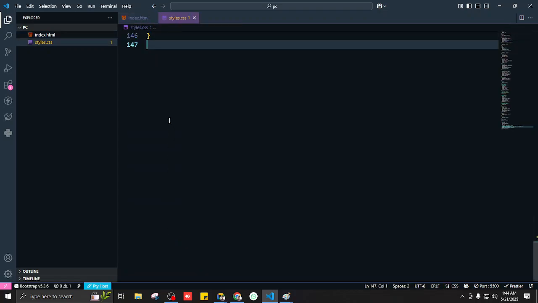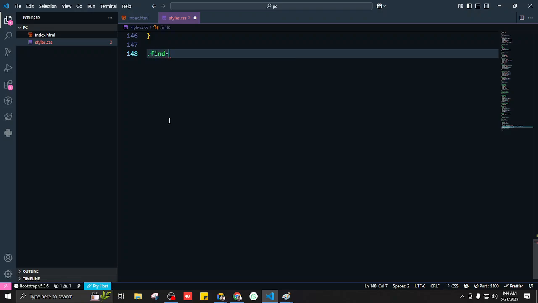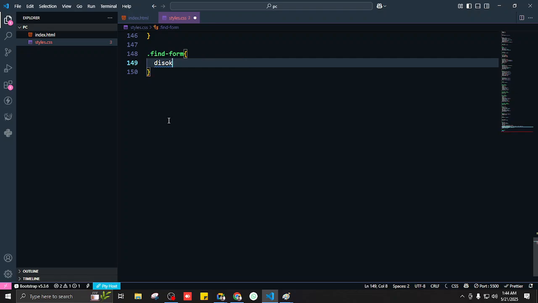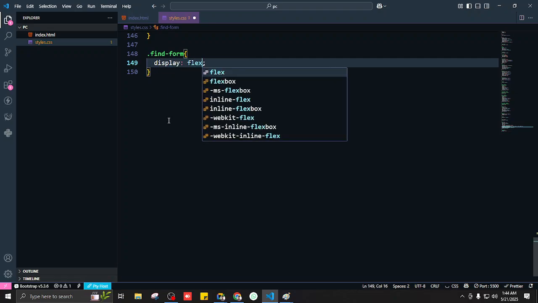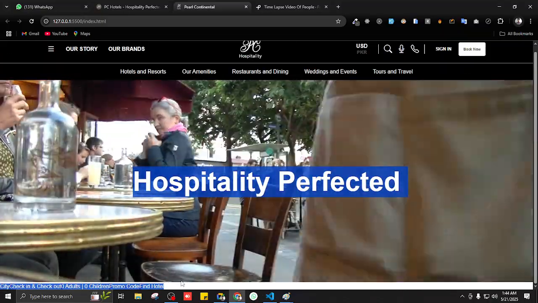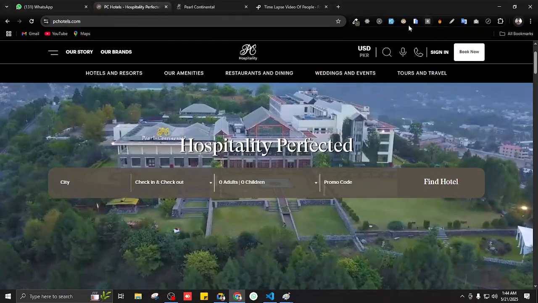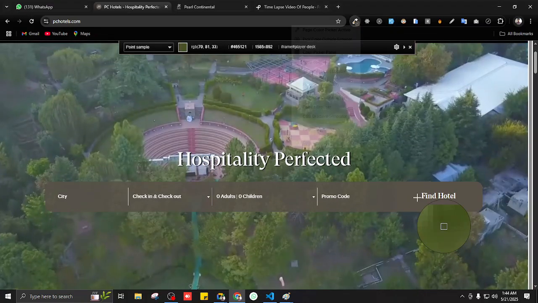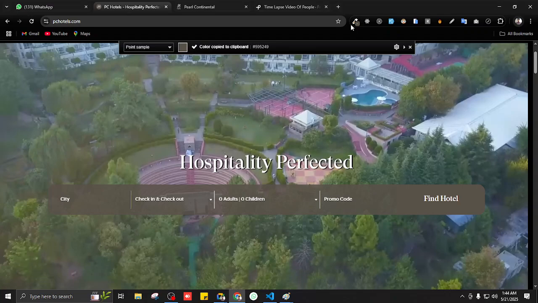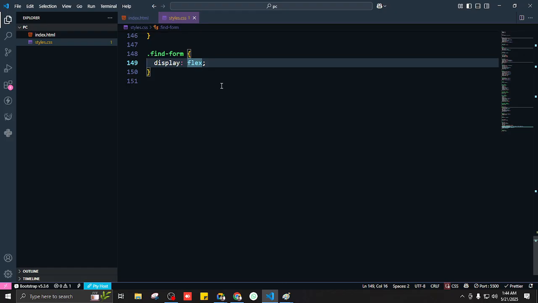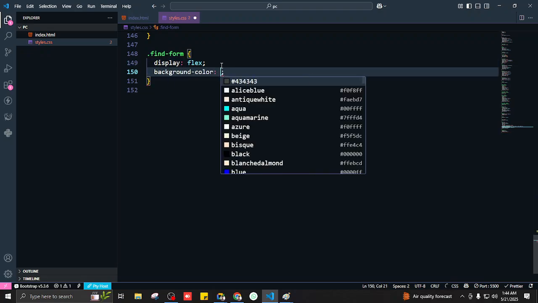Find form is the appearance. I'm going to say dot find form. Find form is going to have a display of flex. Okay, great. Now they are side by side. Now I want to have some background, like this exact background. So I'll copy it. I haven't copied it properly, so let me copy. Yeah, this one. Okay, so background to be